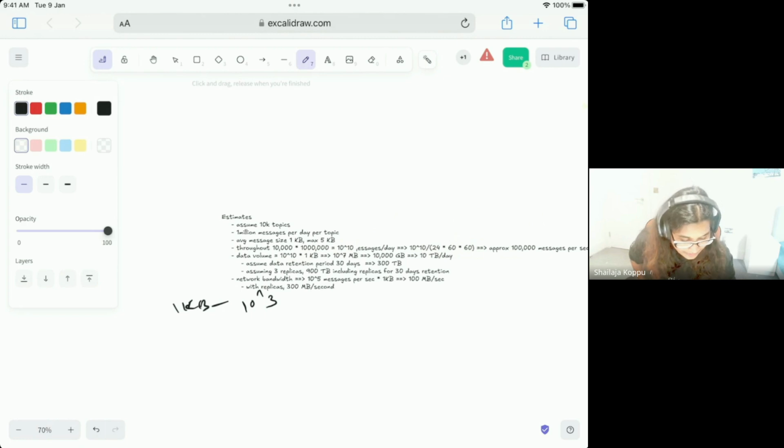They will also get confused, and we are not very good mathematicians, to be honest. So 10 power 10 into 10 power 3. If you see the KB, you usually convert to the TB or GB. You can simply say MB as well, but for better understanding, you can convert into TB.